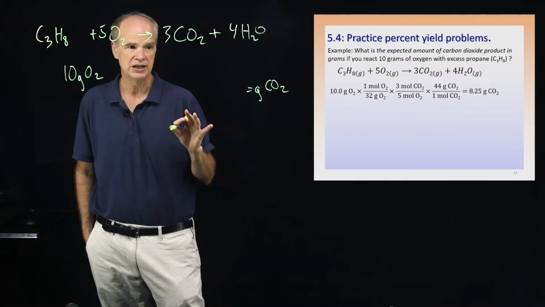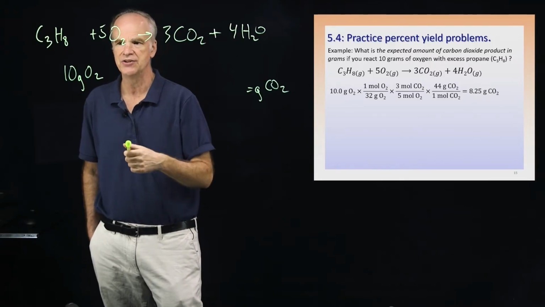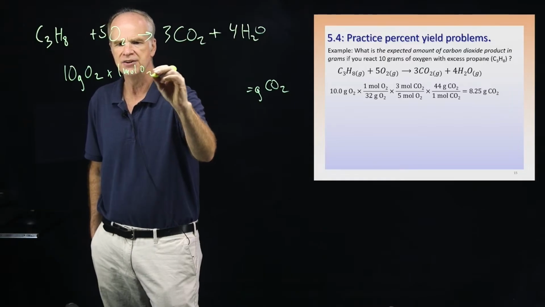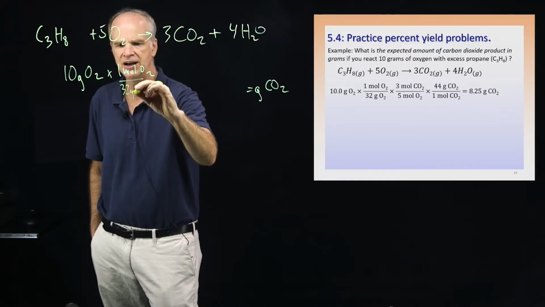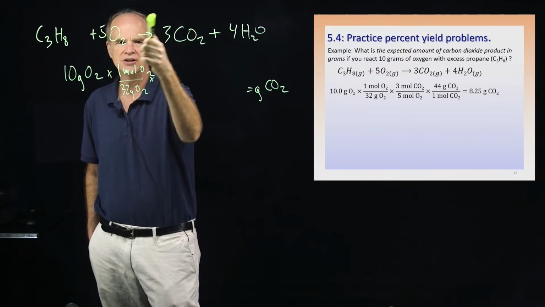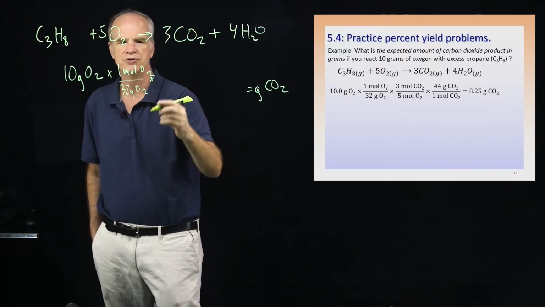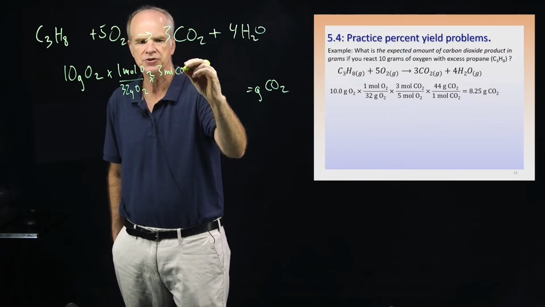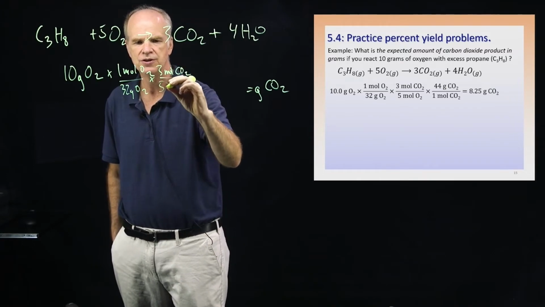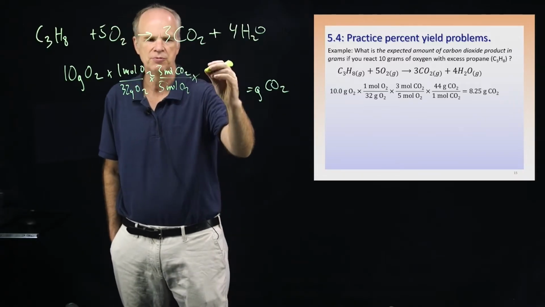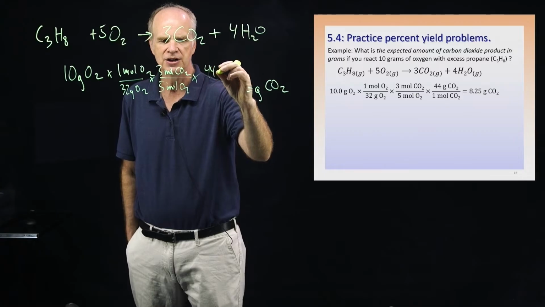So you can work it out, and I've done that on the screen, but basically, what you do is divide it by the molar mass of oxygen, and then you have to go from oxygen to carbon dioxide, so you need the mole ratio, so I'll pop that in. So it's 3 mole of CO2 over 5 mole of oxygen, and then what you have to do is multiply by the molar mass of carbon dioxide,